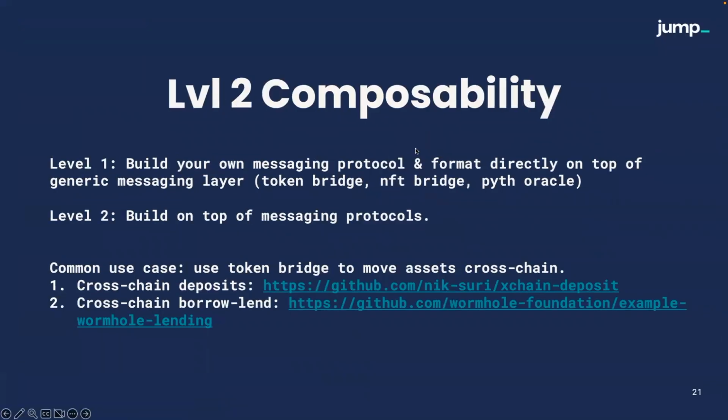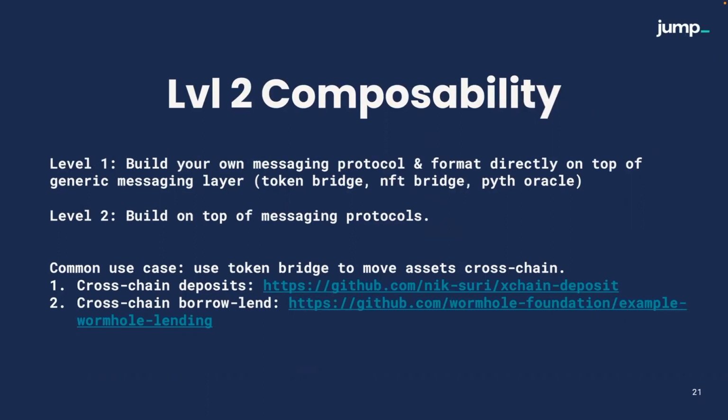So what we just talked about is what I call level one composability, which is building your own messaging protocol and messaging format directly on top of the generic messaging layer. That's like building the token bridge directly on top of the Wormhole generic messaging layer, or the NFT bridge, or Pith, which is another example of a project that builds directly on top of